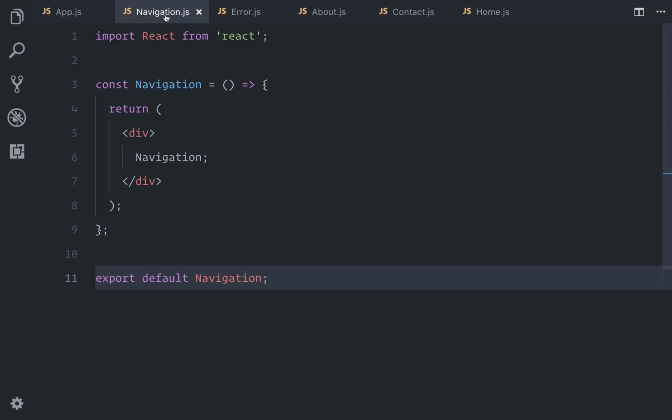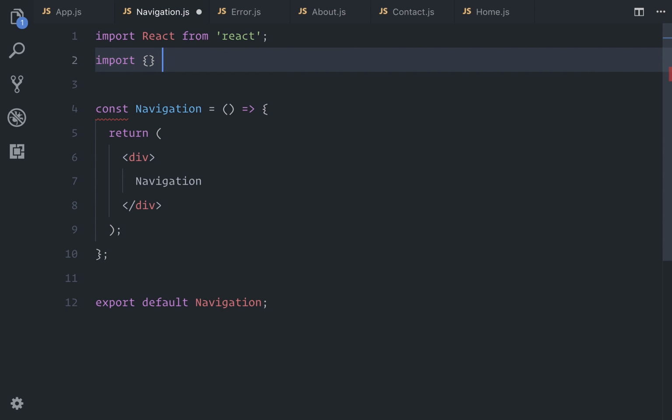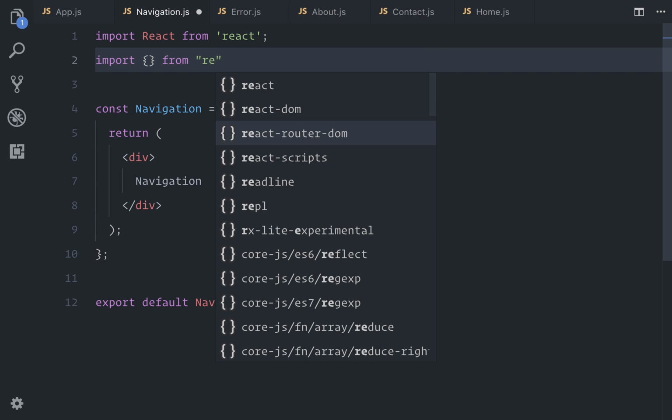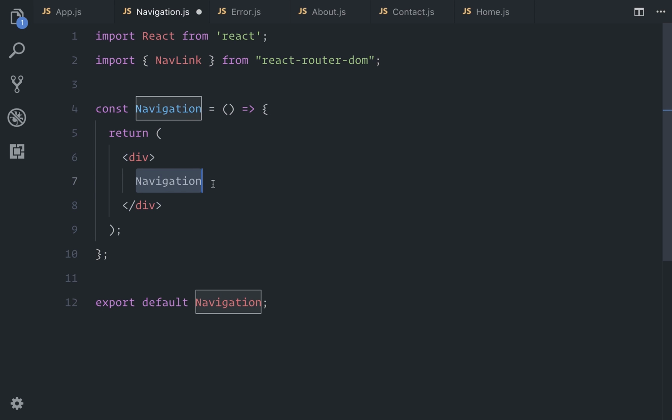There's a reason why I created this component. So to work with this navigation component, I'm going to grab another named export from this React Router DOM package. So from React Router DOM, and this one's going to be called NavLink. Okay? And NavLink is a component that basically acts like those link tags in simple HTML where you can link your web pages to different locations within your website or your web application. So to do that, just type in NavLink,